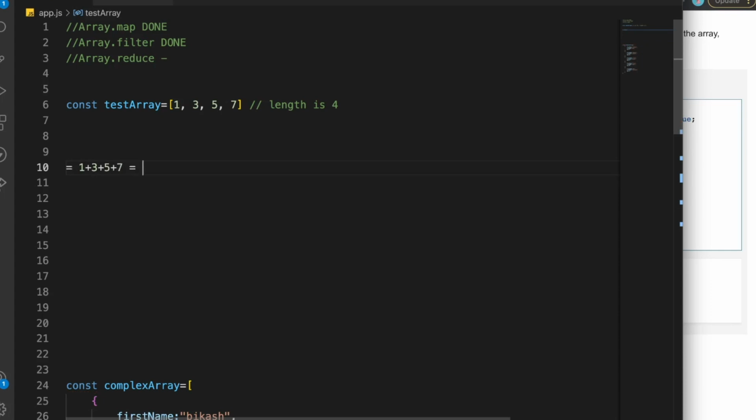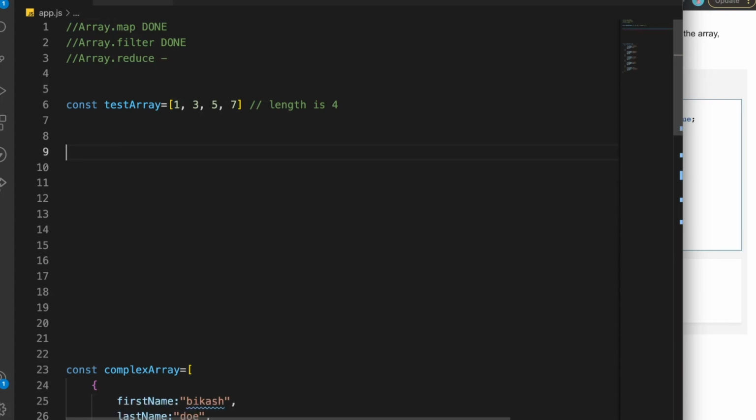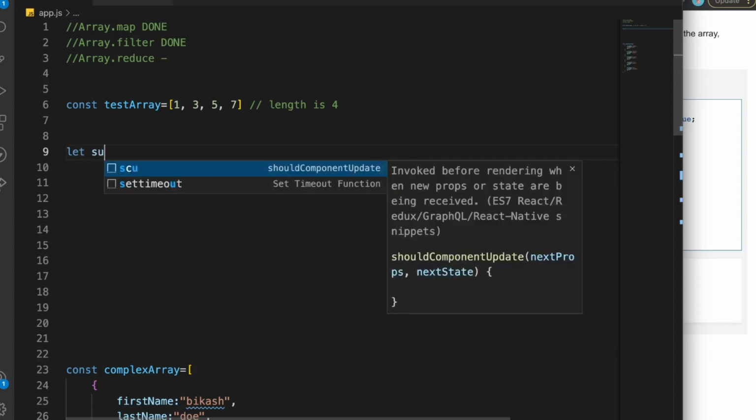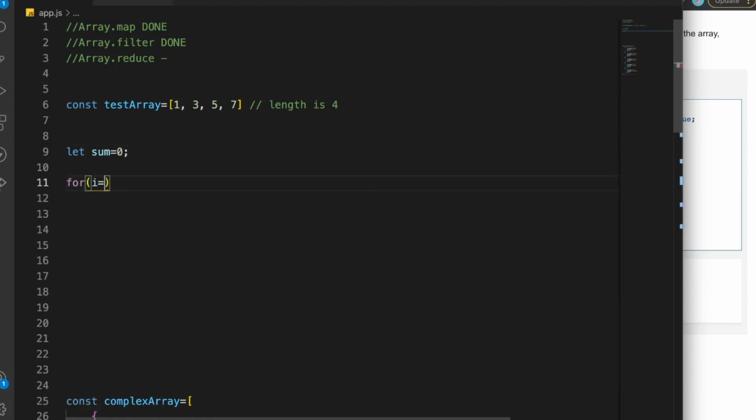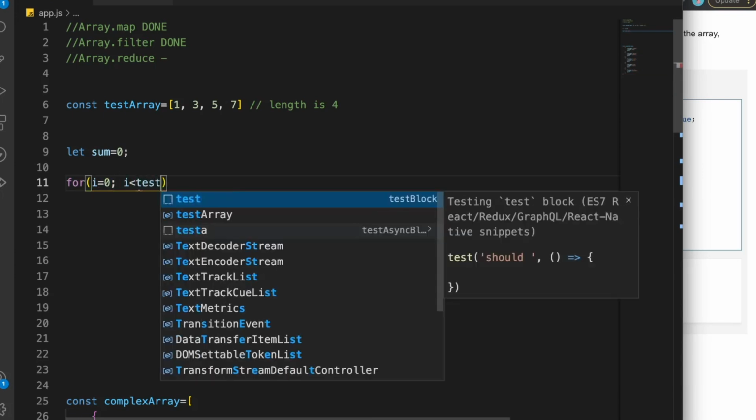So that will be sum, and that is 16. Okay, so we need one value, and that is 16. How to get that? Just like our previous example, we can say let sum, and initially we have 0, and then I will do a for loop again, although I said I won't, but it makes some sense here. So we have here, and again we have test array